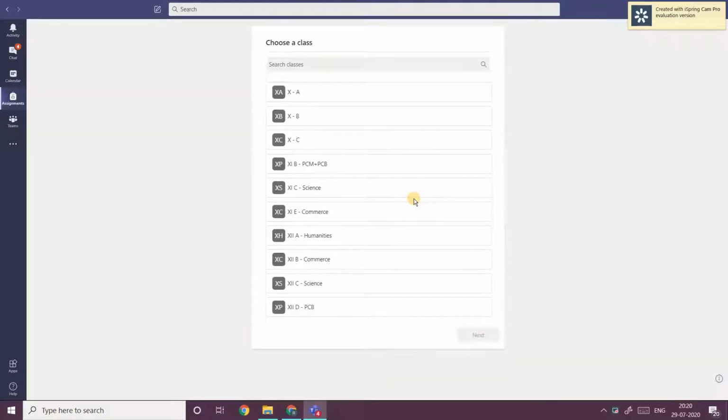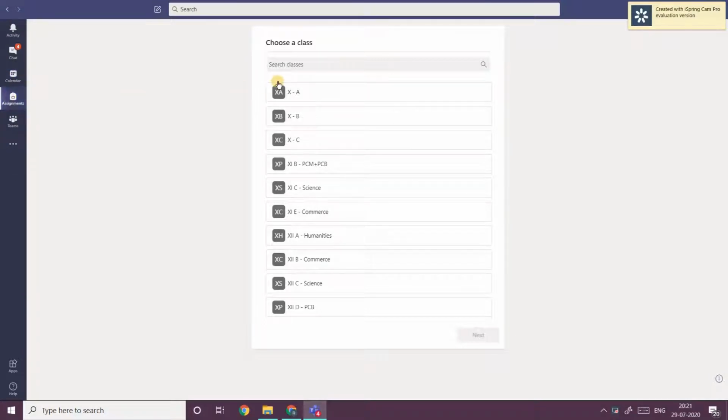Hello teachers, we are here today to learn how we can give assignments to our students using Microsoft Teams. The advantage of doing so is that we'll get our marks for the assignments, if you want to use them for the internals, the names of the defaulters and the students who have submitted late, everything on a single click.